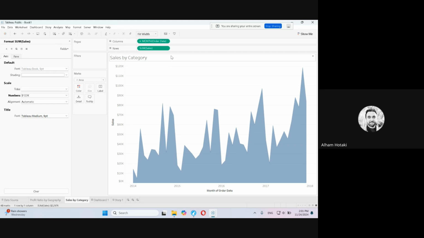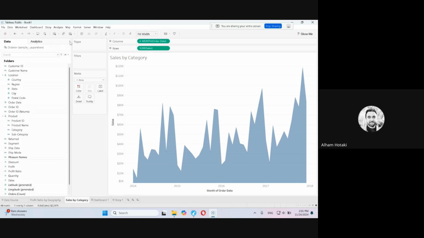create a new measure here, for example. Understand if the order is profitable or not profitable. How to do that, for example. This is one of the things, for example, how we can do that. If we just select order ID and then click profit, and then right click on it, for example, and click